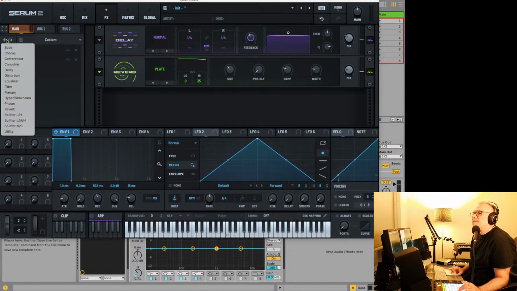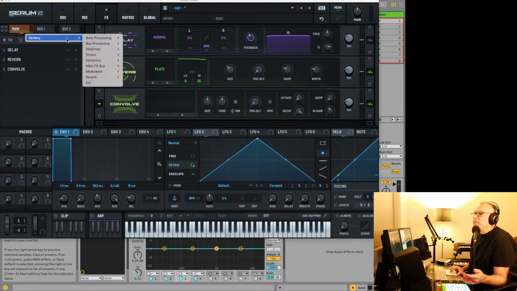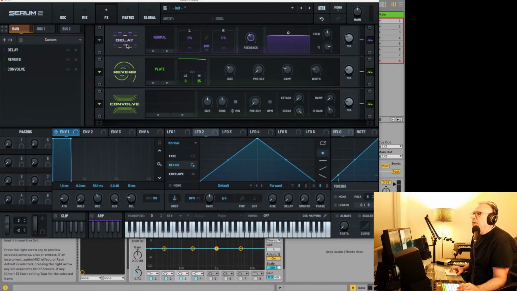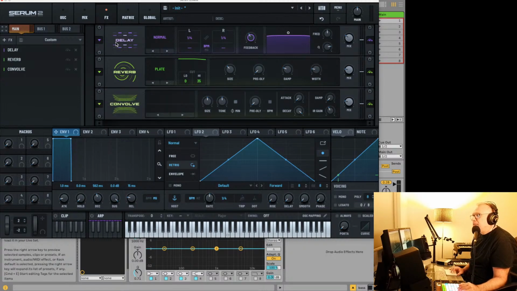reverb. I want to play around with basically the convolution reverb. I don't know if you guys know this. If you haven't been using Serum 2, there are presets for the whole plugin. And then there are presets for chains of plugins here that you can go with these and have a whole bunch going. And then you actually have presets within each of these devices. Which is really nice to have. I'm not going to use these. If I'm making presets, I like working from scratch completely, but